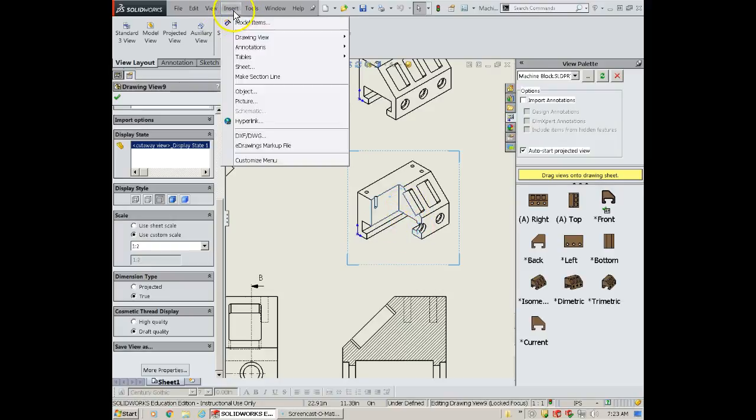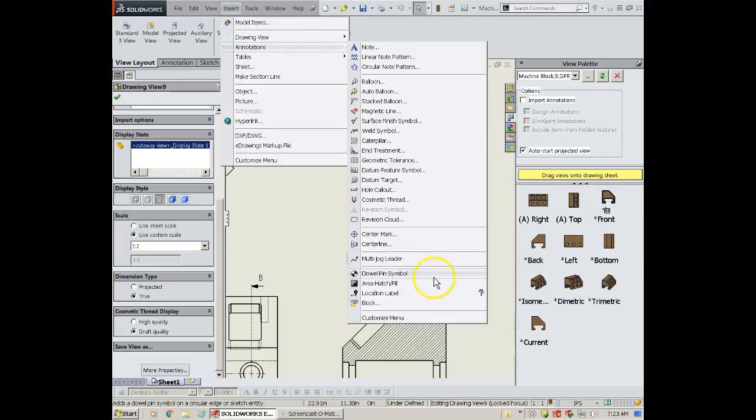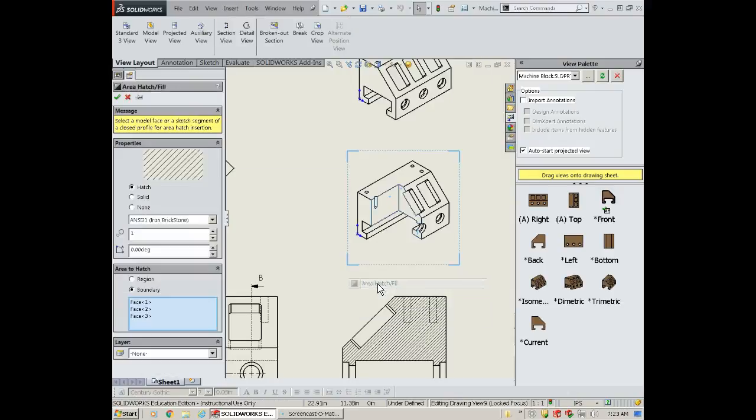Then we're going to go to Insert, Annotations, Area Hatch Fill, and we have some options over here regarding